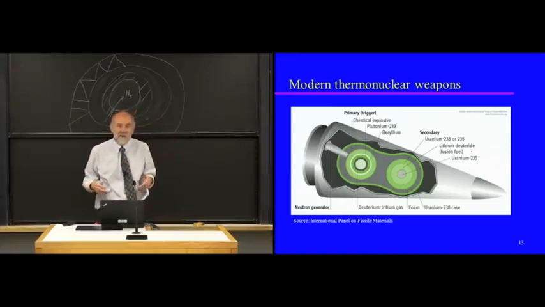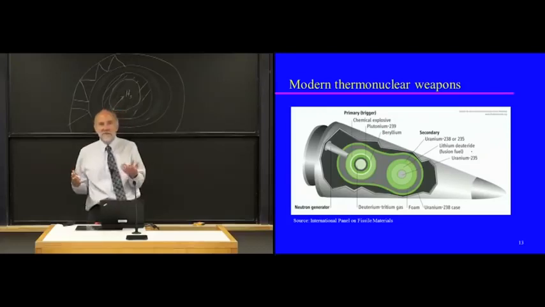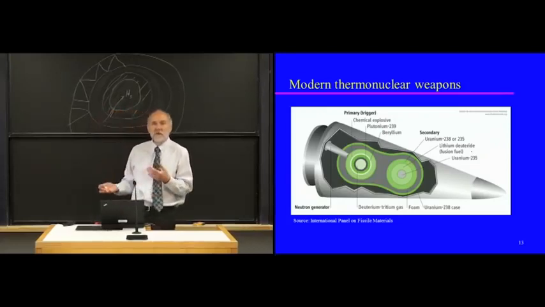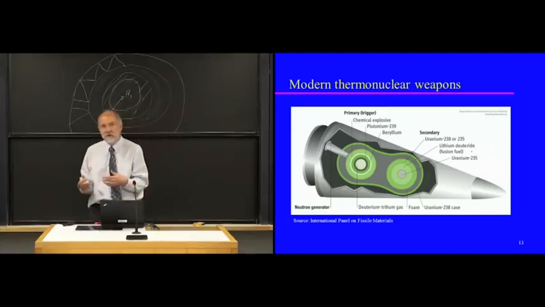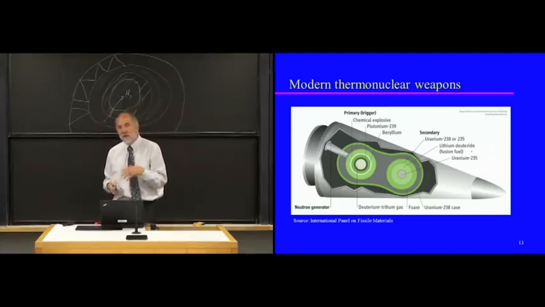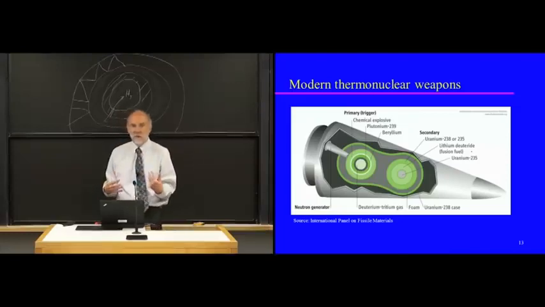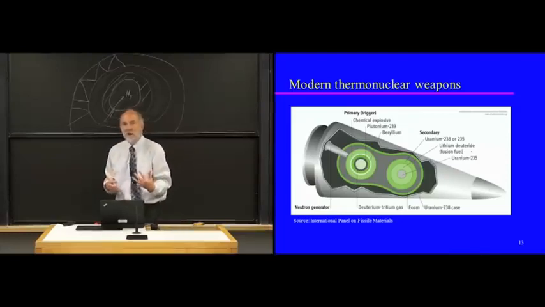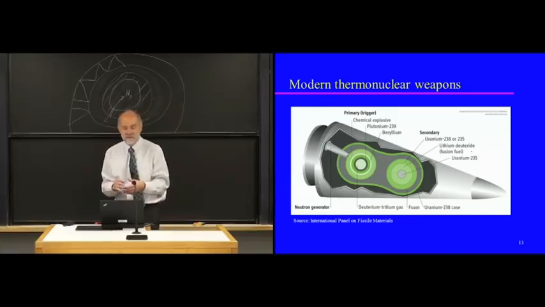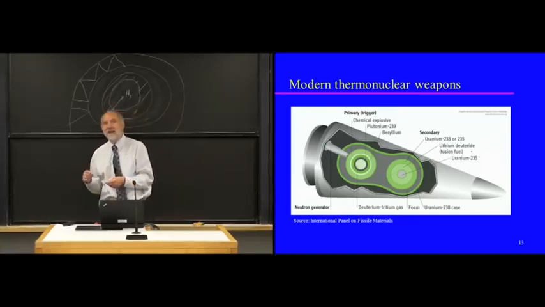In the end, you end up with a typical bomb you might have of order half of the energy coming from fusion, half coming from fission. The designer can change those proportions considerably. Nobody has ever managed to come up with a fusion bomb that doesn't have a fission bomb to set it off. Okay. Now, most of the nasty radioactive fission products that create fallout and things like that are coming from